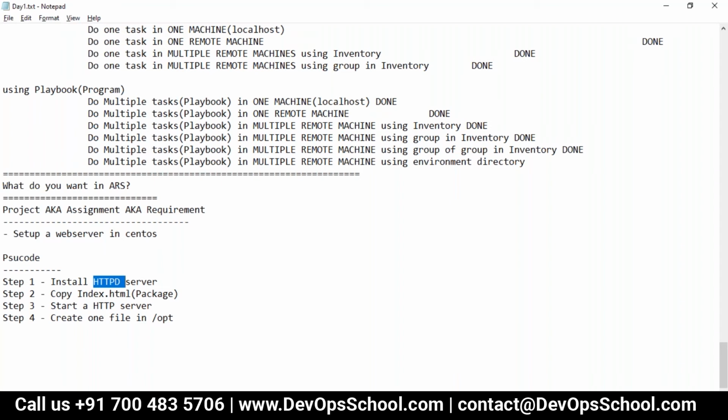Okay, just give me a few seconds. Yeah, so what do you want to do? So guys, remember, there are thousands of modules, and for everything there are